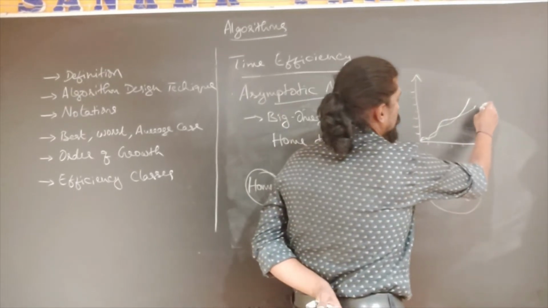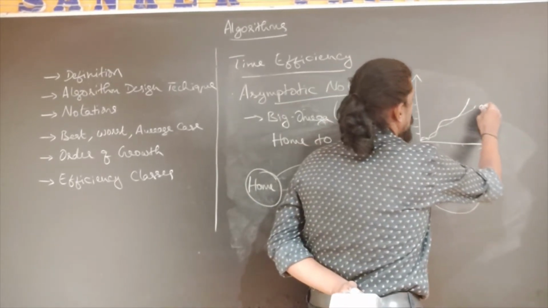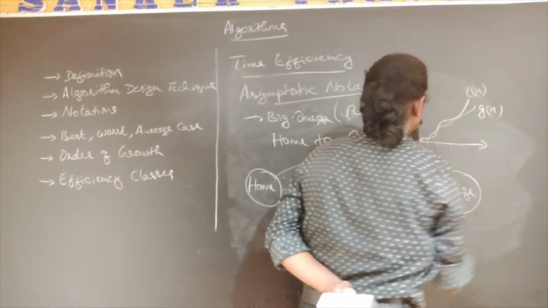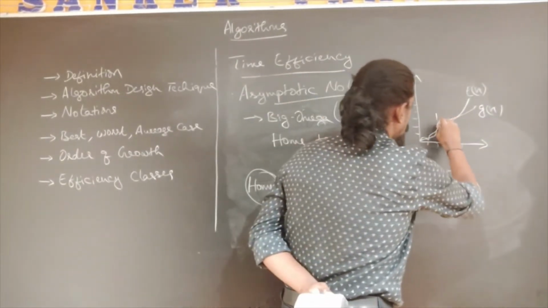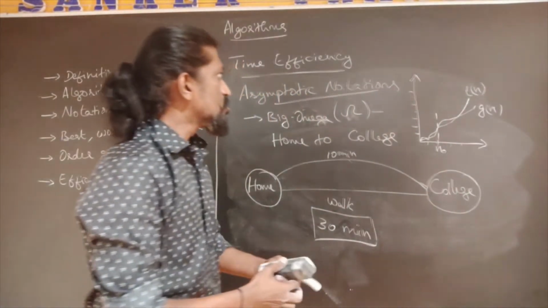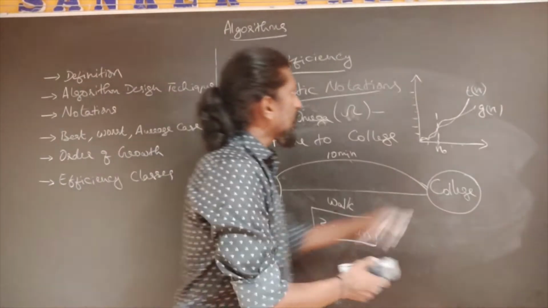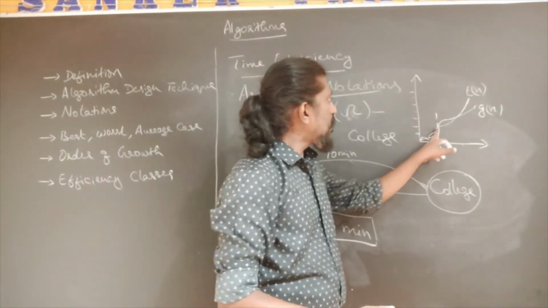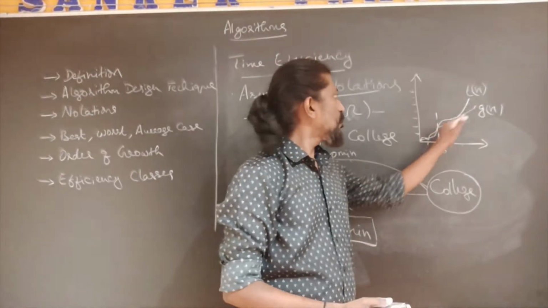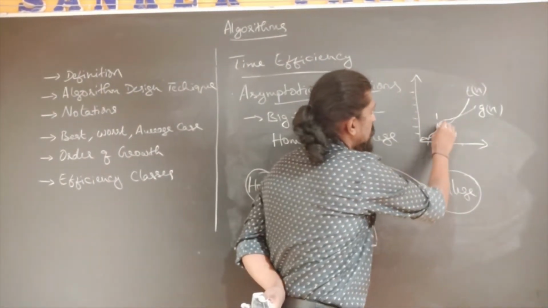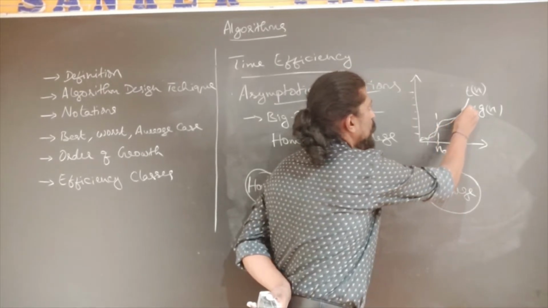So therefore this is some standard graph that we have, g of n. This is the graph that you have found out. Here we have n naught. I'll tell you what this is. Now when you see, this is the minimum time that is required to reach the college from the home. For that you have plotted some graph, and when you have plotted graphs, these are the times that you got.